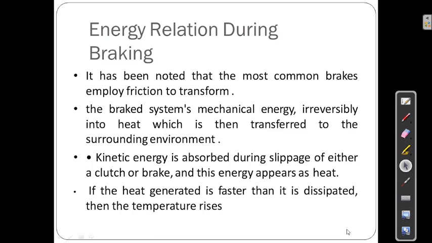Going to see about that energy relation during braking. When we apply the braking, what is the relation between that energy? That we will discuss over here. It has been noted that the most common brakes employ friction to transfer